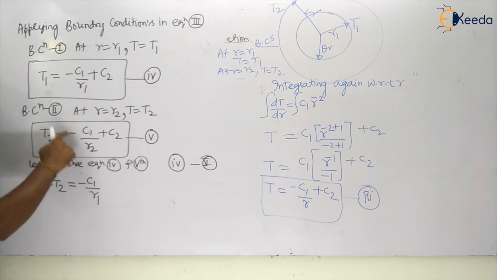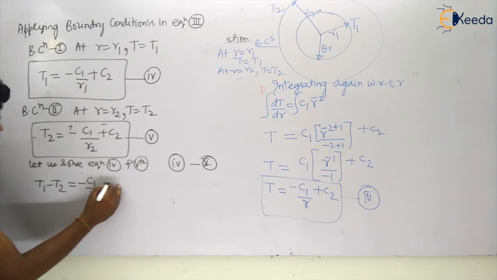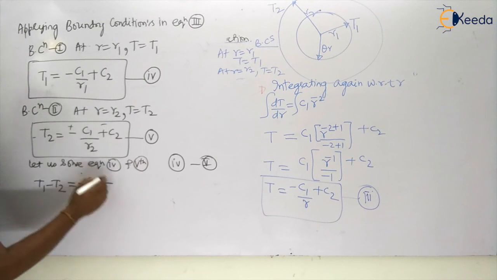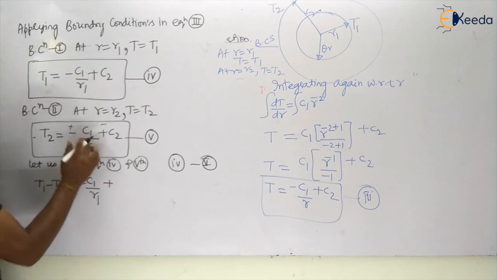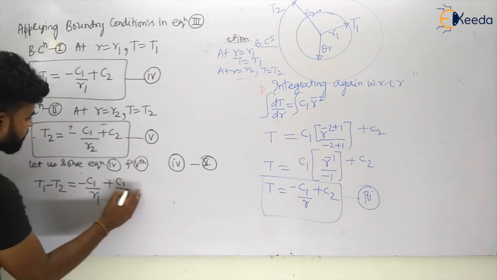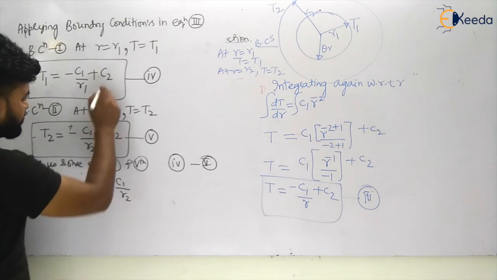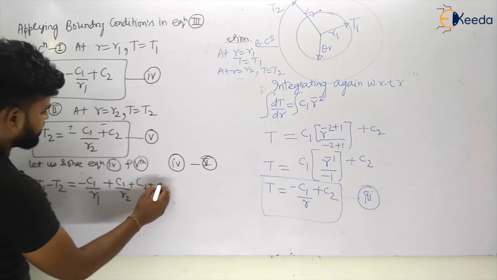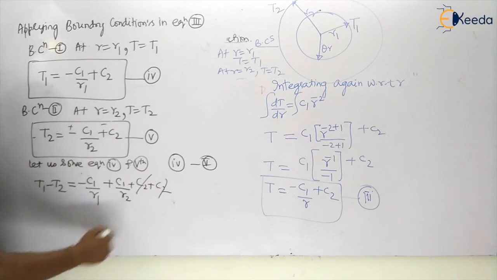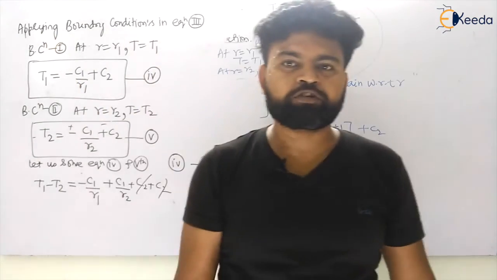Okay. Minus will be, so this will be minus, this will be minus plus, this will be again minus. So this will become what? Minus plus T2, I have already taken. T2, this will become minus plus C1 by R2, my dear students. Okay, now C2 will go. So this will be your plus C2 from this side and C2 from this side. This will be cancelled. So I can have the value of C1 here, my dear students.